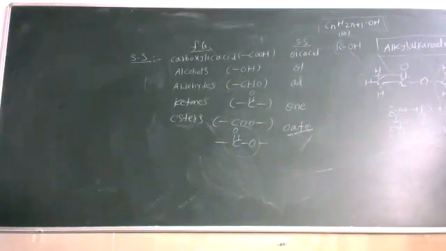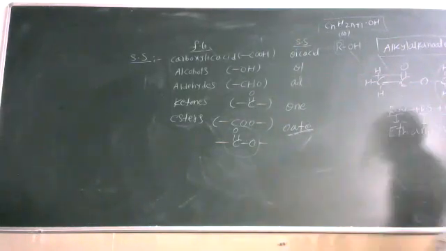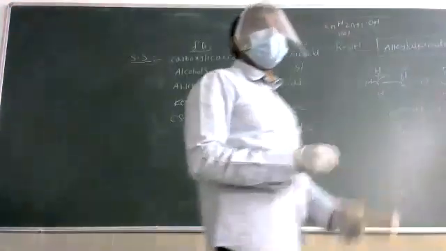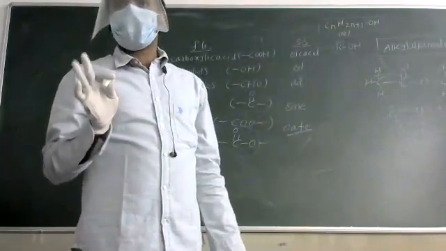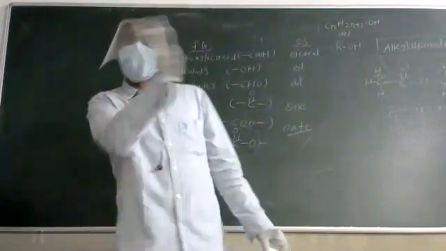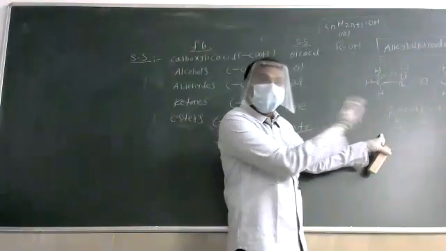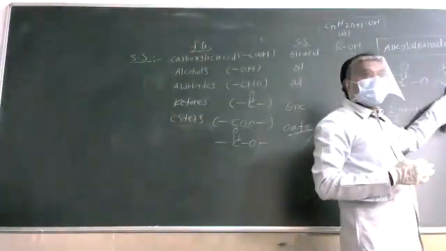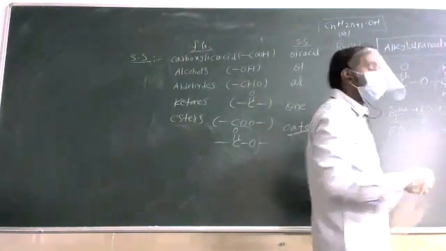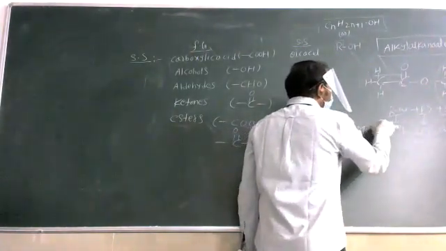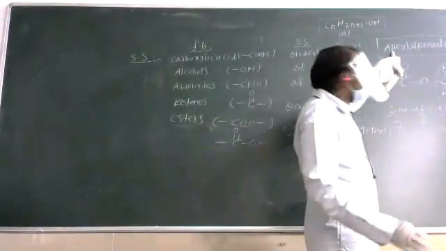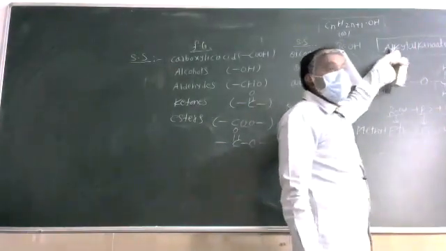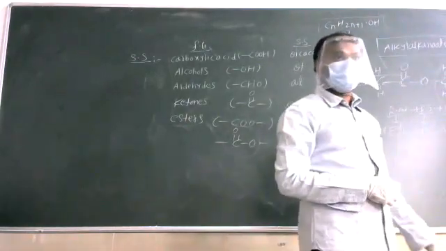Very good. Methyl is nothing but CH3. The remaining groups are treated as substituents, branches. Substituents are always stated before the root word. This is the substituent. What is the name of the substituent? Methyl. So we can write methyl here. What is the total IUPAC name? Methyl ethanoate. See this: alkyl alkanoate.